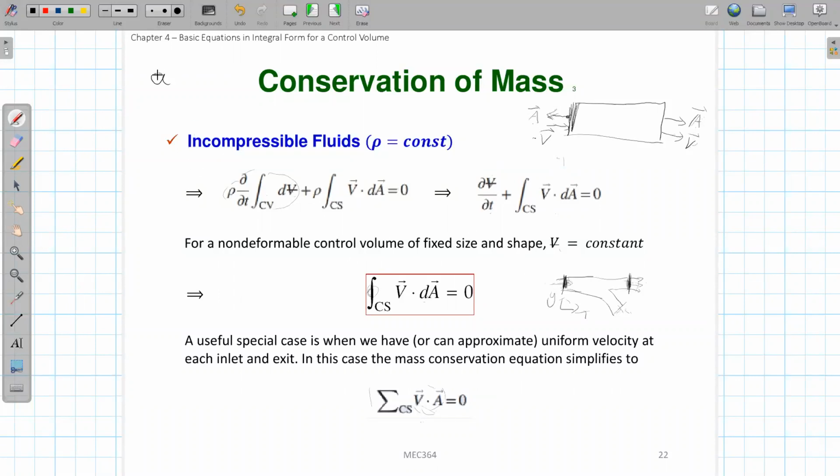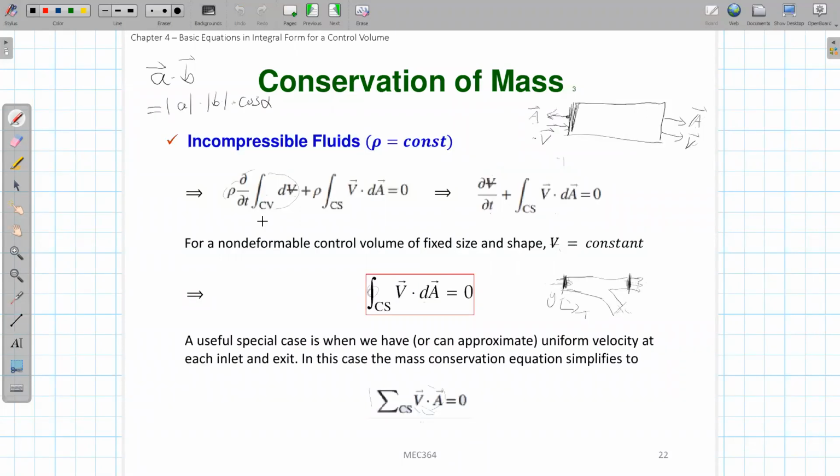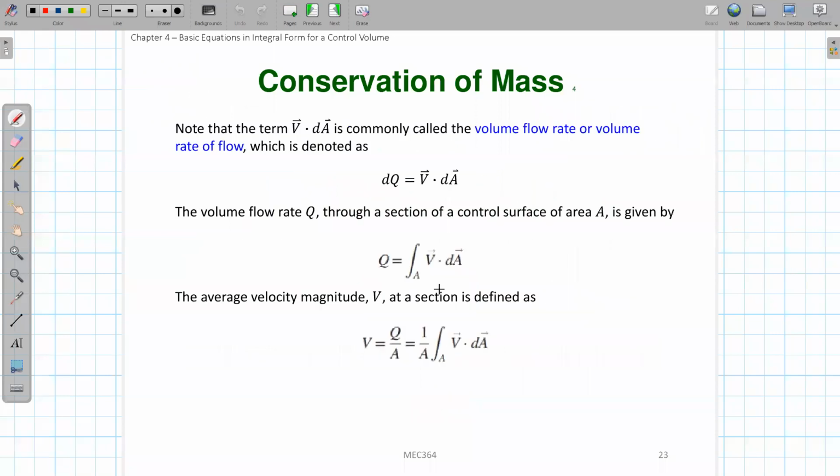Remember that if you have two vectors and take this inner product, it will give you the magnitude of vector A times the magnitude of vector B times cosine alpha, where alpha is the angle between the two vectors. So this is what the inner product means. This is one case here, and based on this, since we have this v dot dA,